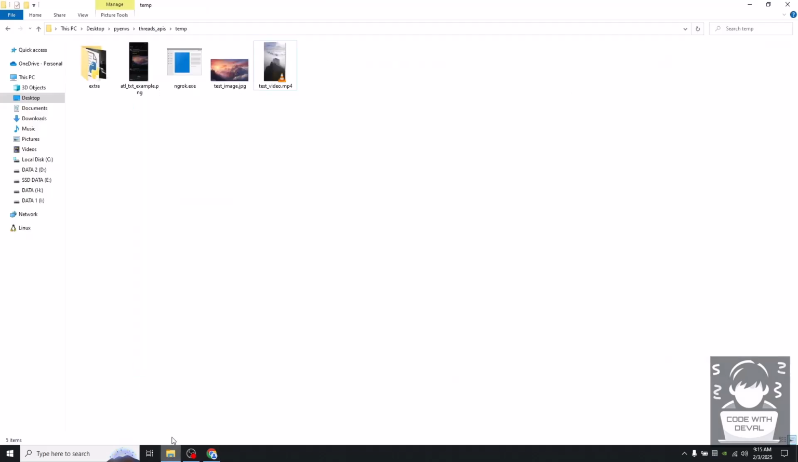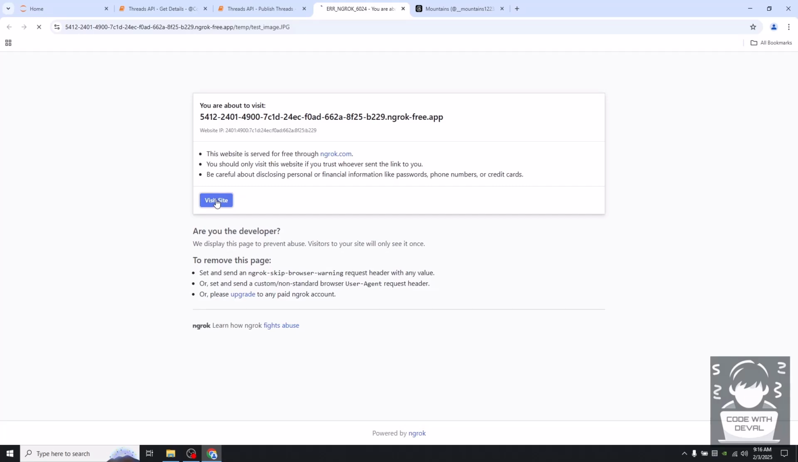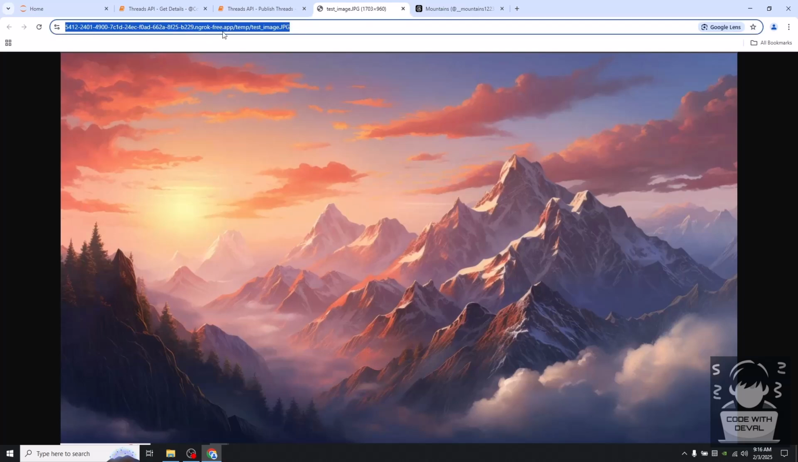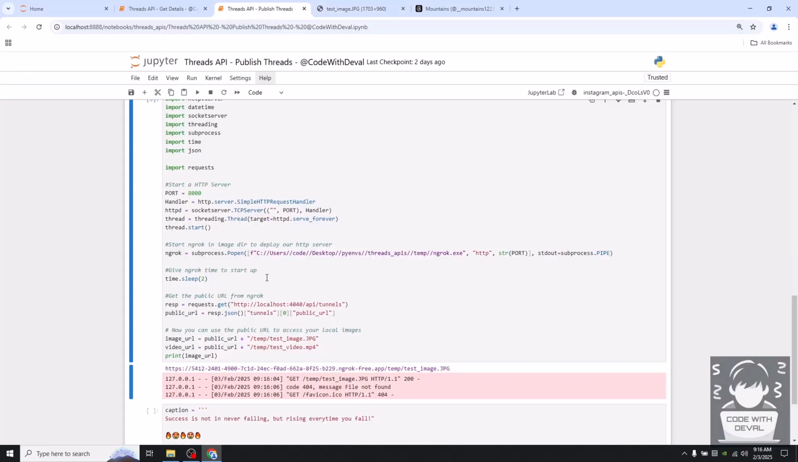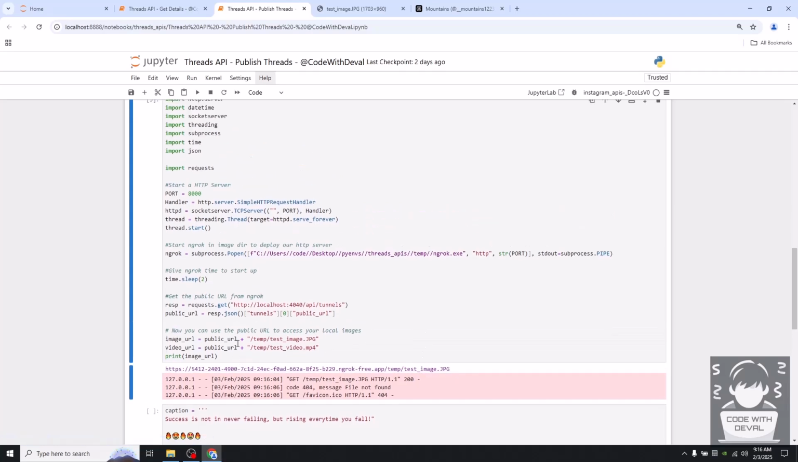You can see this image is now available online. So just click on this link, click on visit site. It means our image is hosted online, right? And you can access it without any restrictions. So when your content's public URL is available with you, you can